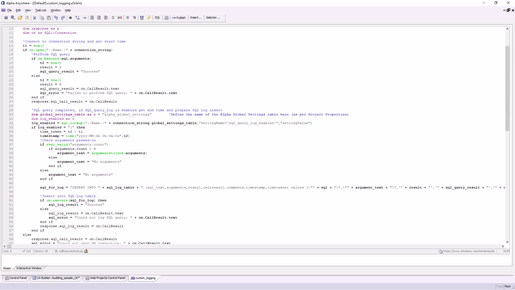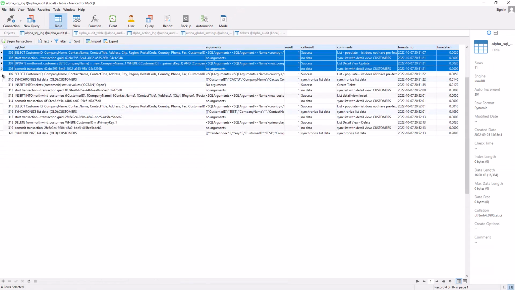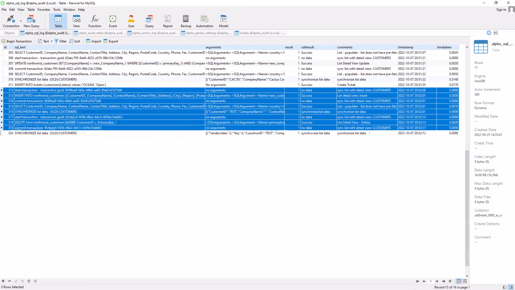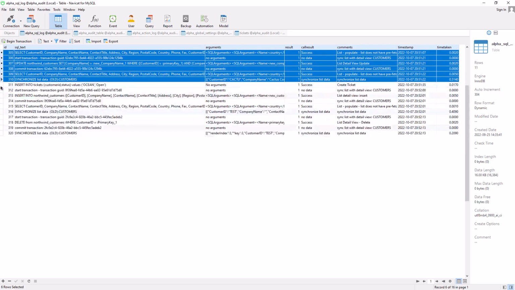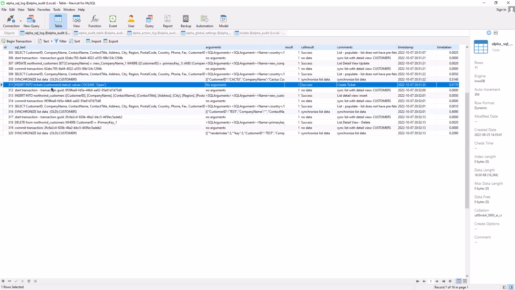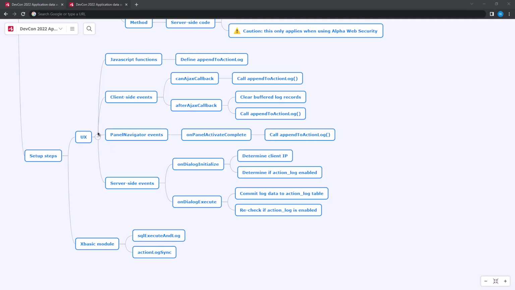So that's why we're able to have a combined table of both the automatically logged actions from UX syncs and also the custom XBasic function that we used and we're writing into the same table. So summarizing, having this set of steps built in to your components, the standard XBasic module with the